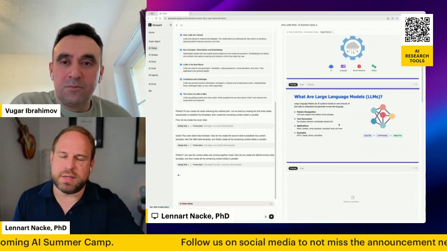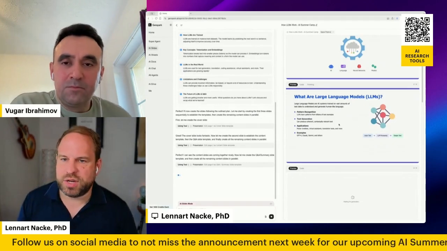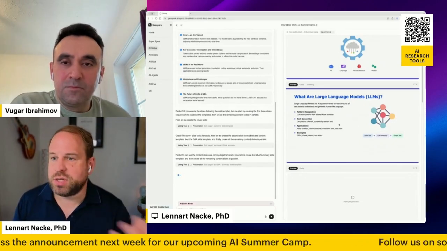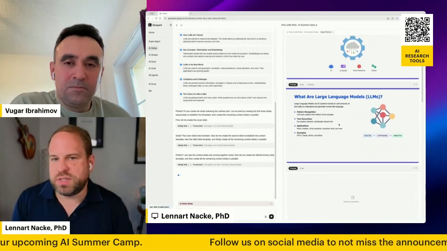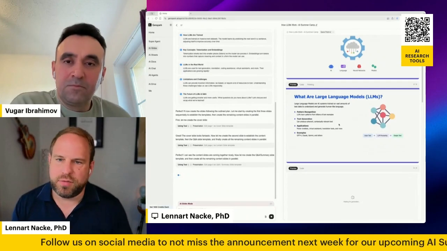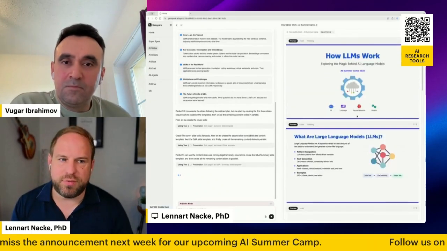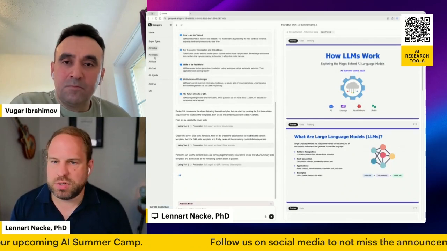In this case, I just did a general query, but usually what I would recommend for a general workflow is you go into Gemini Deep Research and then you match that to your own thinking or background documents that you have. You get the results from that, and then you put that in the prompt that you would feed to GenSpark, for example. And then GenSpark would go off and have much more contextual information that it could then work with to generate some of these slides for you, which is kind of cool.